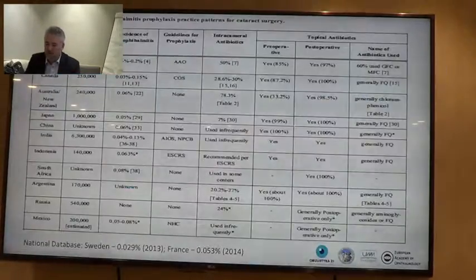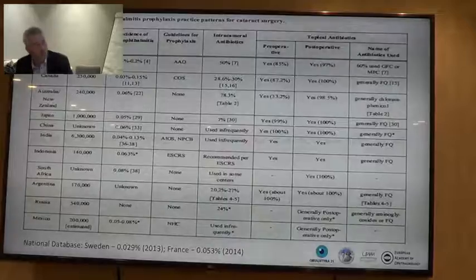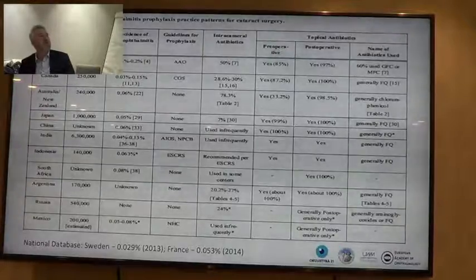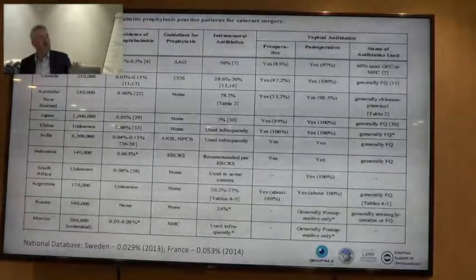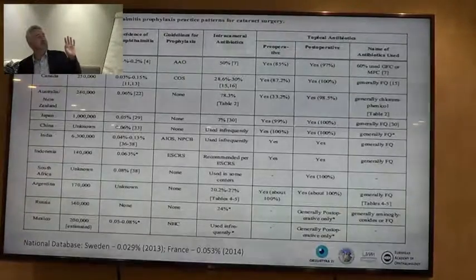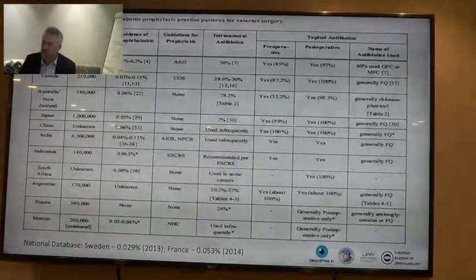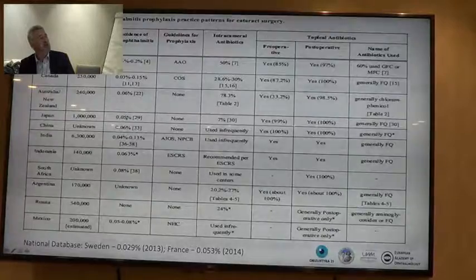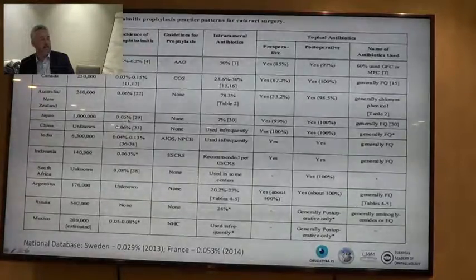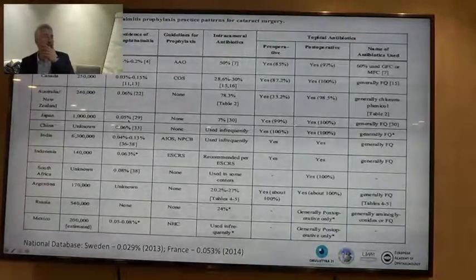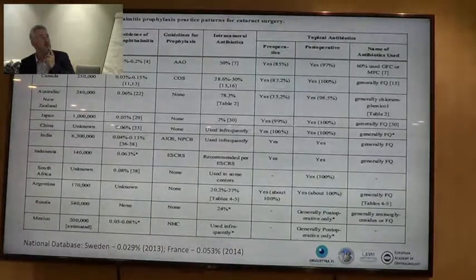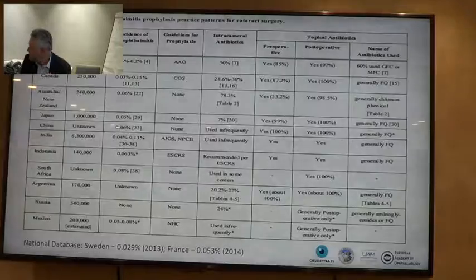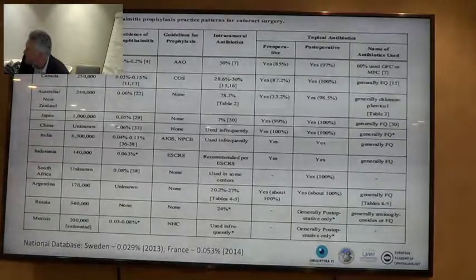And what we found, of course, I will show you just a part of the study, just a conclusion. So when we compare these different areas of the world, we found that endophthalmitis rate was similar, for example, in Japan, where they don't use intracameral antibiotics. Japan is here. For example, endophthalmitis rate in Japan was 0.05%. And after our publication, they even reported endophthalmitis rate of 0.02% last year. Very low.